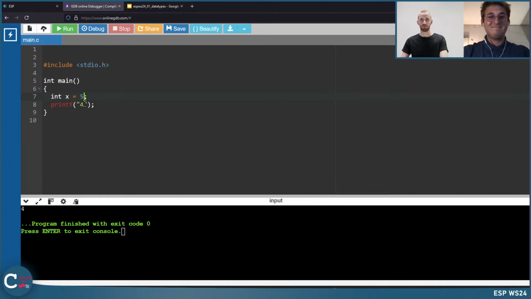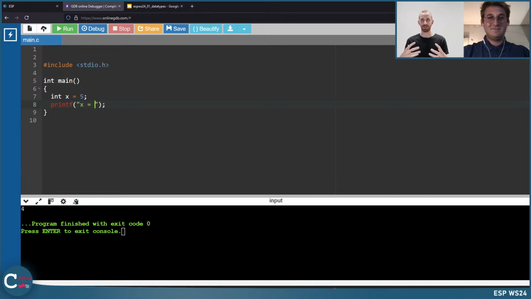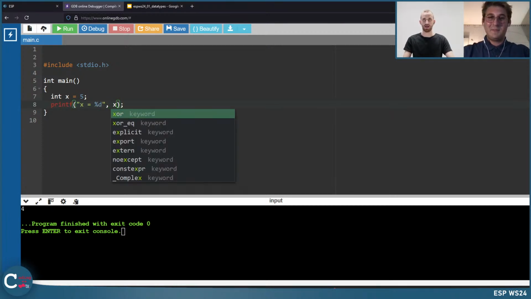So what it needs here is I want to have a string, really a text, x is equal to, then I can write 5, but it's not a good practice. I need to write this %d to get the digit of x.